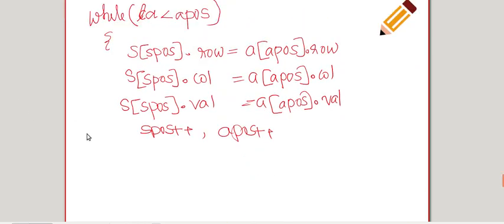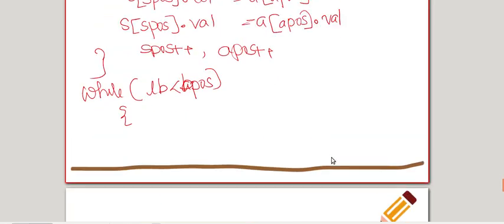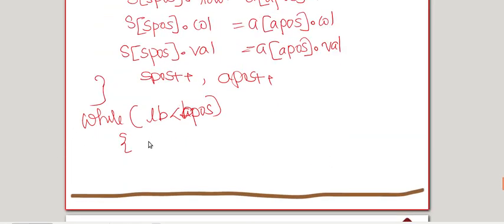So once it is done, close the loop. Again, I also need to check whether we reach the end of the second array, that is, while LB is less than B pos, the same thing, simply copy. If the remaining elements are there in B, S of S pos